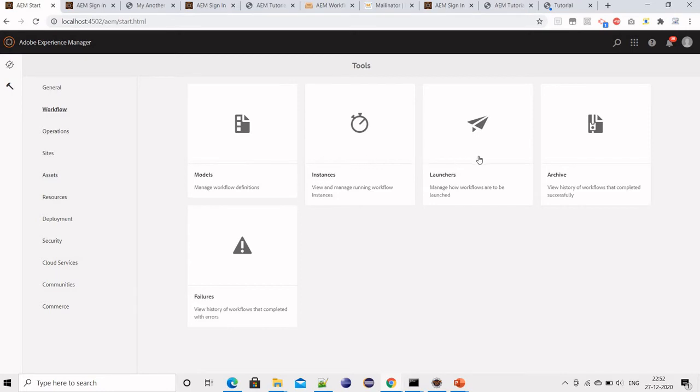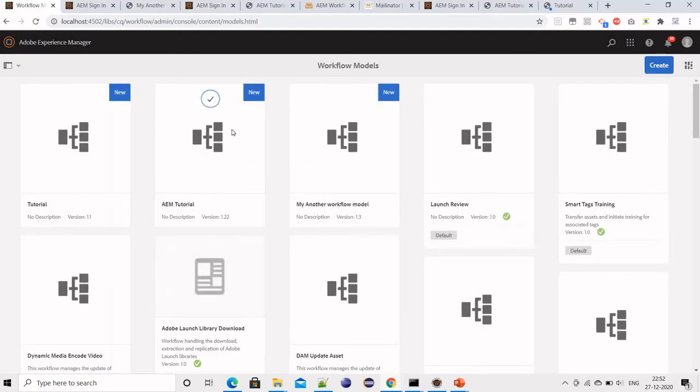I will discuss the usages of these tiles, but the very first tile, which is Models, if we click on it, we will land on a UI where we can create a new workflow model. I have created a workflow model for this exercise, but let me first show you how we can create a new model, and then I will jump to the already created workflow model which is applicable for this demo.